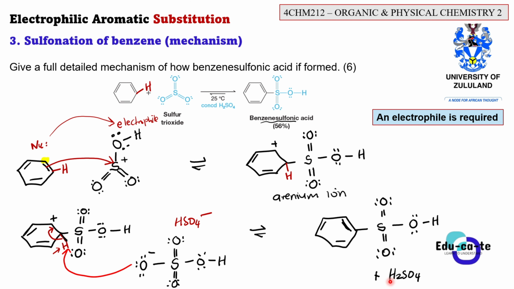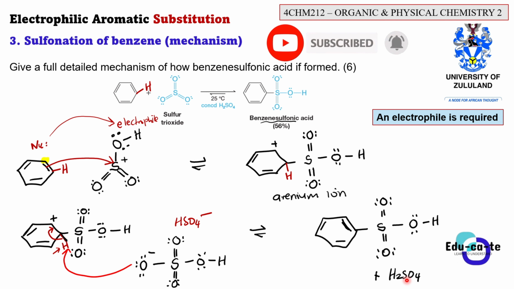At the end of the day, you need to realize that this benzene ring is still aromatic, because during electrophilic aromatic substitution reactions, the benzene ring's aromaticity never fades away. So you need to remember what aromaticity is. We'll never find a benzene ring having only 2 double bonds. It must always have 3 double bonds. It must always be fully conjugated. In whatever reaction mechanism happens, the benzene ring must always remain aromatic, with all its 3 double bonds alternating with single bonds one by one. And the catalyst, which is H2SO4, must regenerate itself.